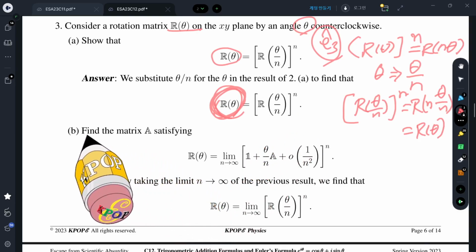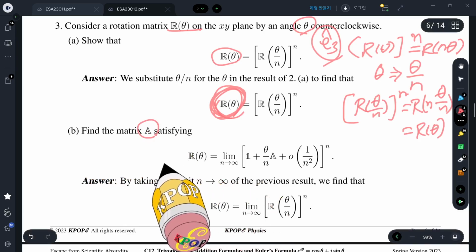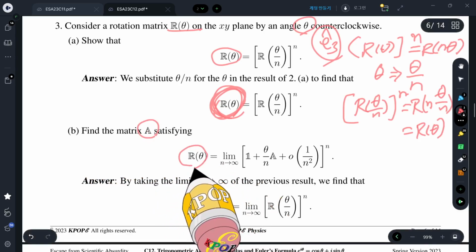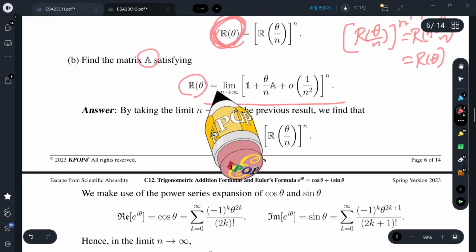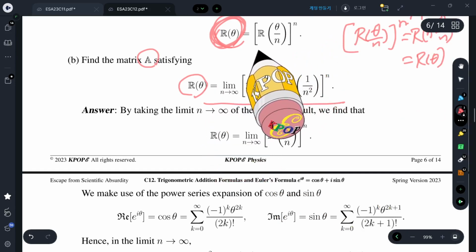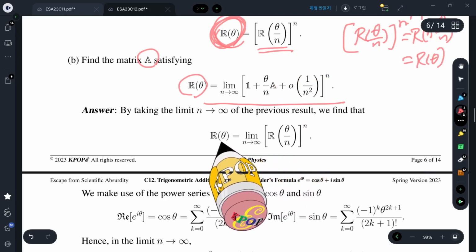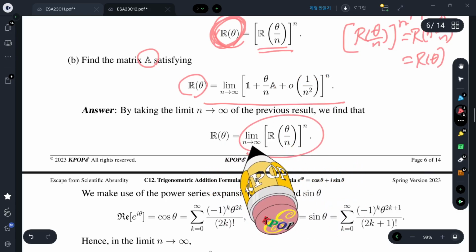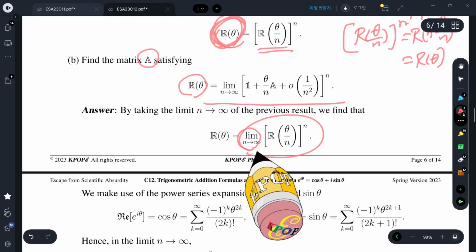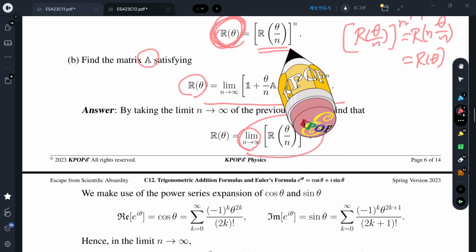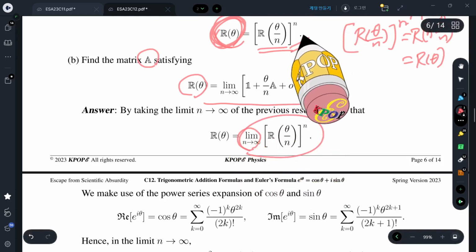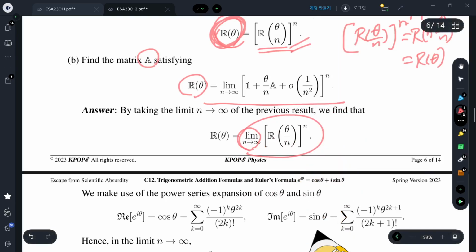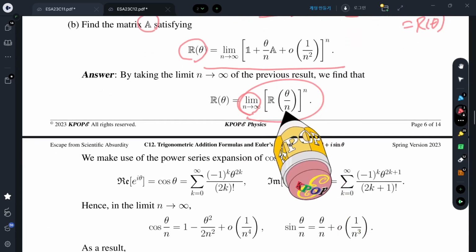By the way, we find a matrix A such that R of theta is expanded in this form. Let's see. First, we take the limit as n goes to infinity. Then we can see this one is always the same whether we attach this limit or not. It is exact for any integer, including positive integers, including 0. Okay, we remember